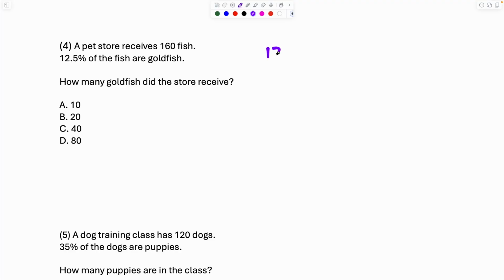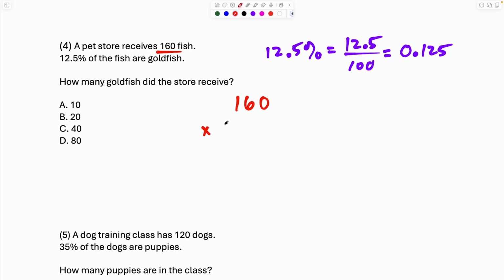So let's see, 12.5% we could say is equal to 12.5 out of 100. And when we divide by 100 with a decimal in the numerator, we just move the decimal 2 spaces to the left. So this would give us 0.125. So we're going to multiply 160 by 0.125. So let's do that. We have 160 times, and then we have